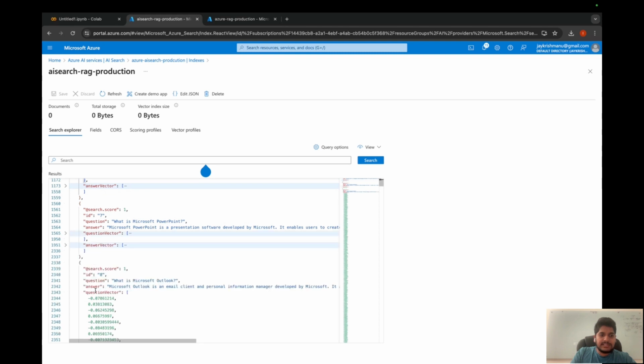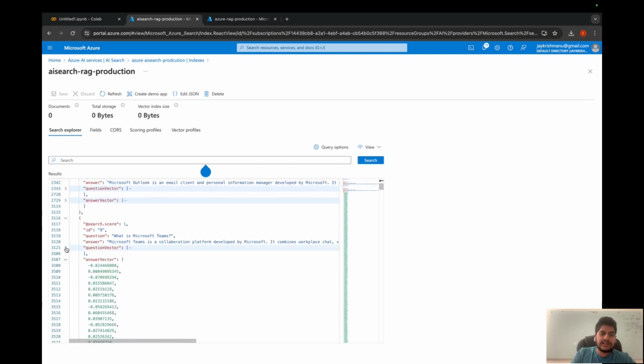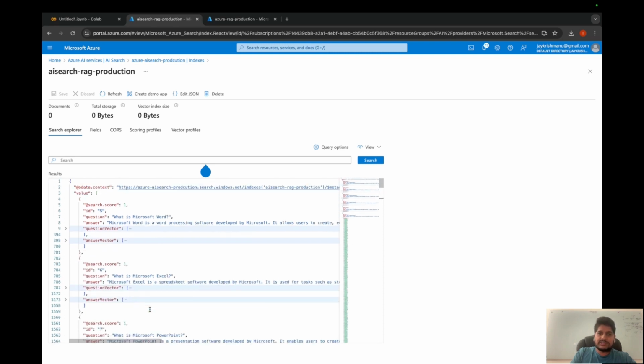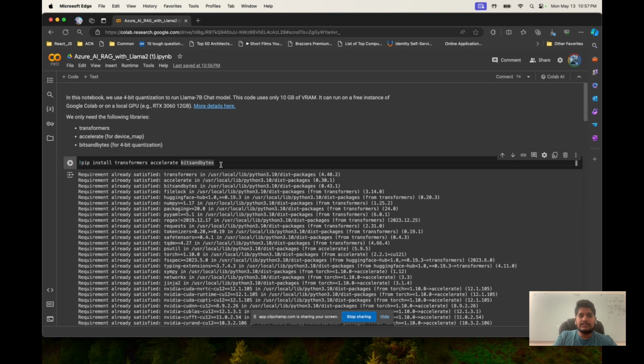Basically, we want to run the RAG. So whenever we search anything, we need to get the relevant documents from here, then run the RAG using any kind of LLM model. We'll be using the Llama 2 model to run that. Let's start how we can actually retrieve the documents from Azure AI Search and use the Llama model to do